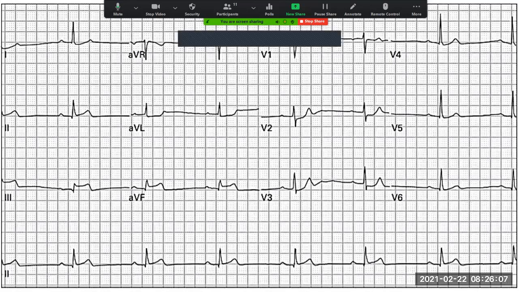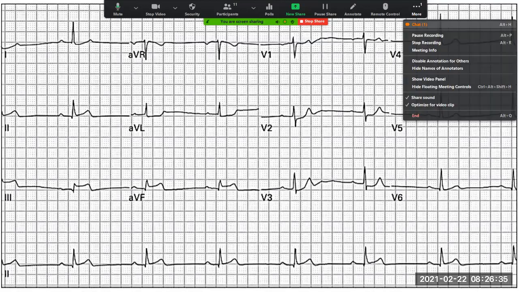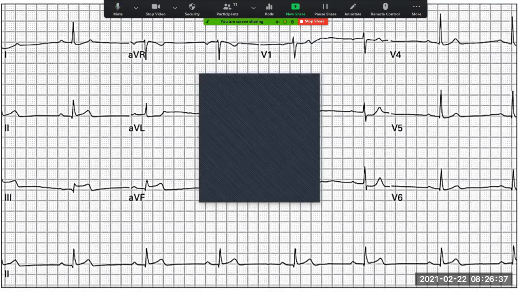Now the question is, if we are suspecting an ischemia, the question is where. Now, one of the doctors on the chat already got it quite right, but we're going to go through it step by step, all right? So let's start first. So you guys remember the zones. The first zone we always look at is the inferior zone. It's 2, 3, and AVF. And what's the first thing that we notice over there? Particularly here. Very good. So those are ST elevations, yeah.